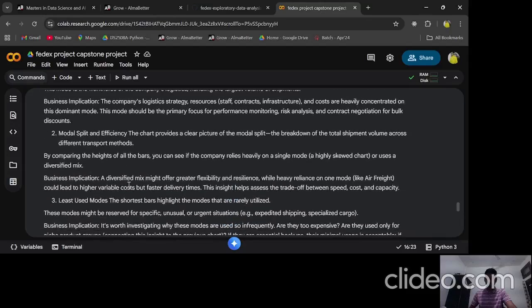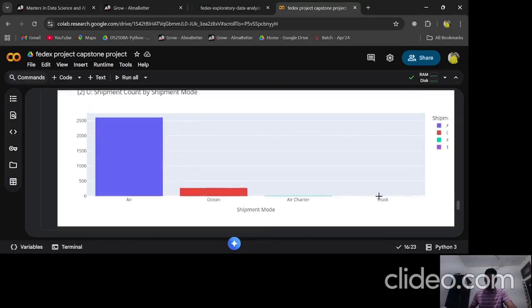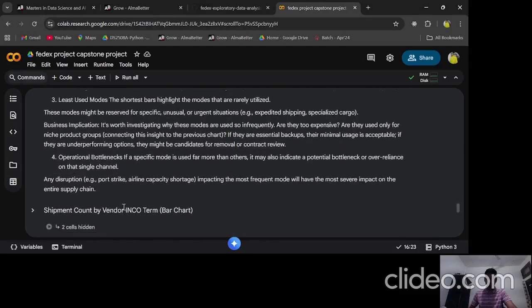Mode split and efficiency: the chart provides a picture of the mode split, the breakdown of total shipment volume across different transport methods. The least used mode, shown by the shortest bar, is the truck. Any disruption, like a port strike or airline capacity shortage, impacting the most frequent mode will have a severe impact on the entire